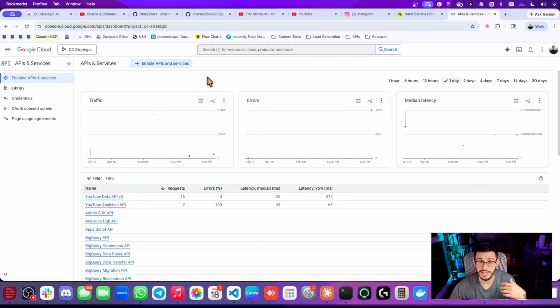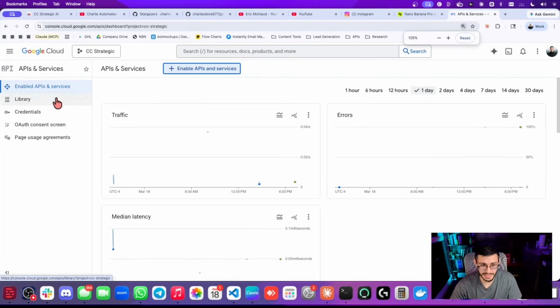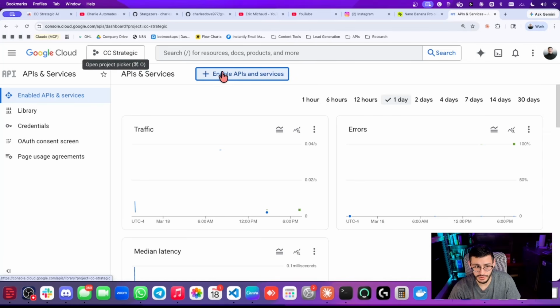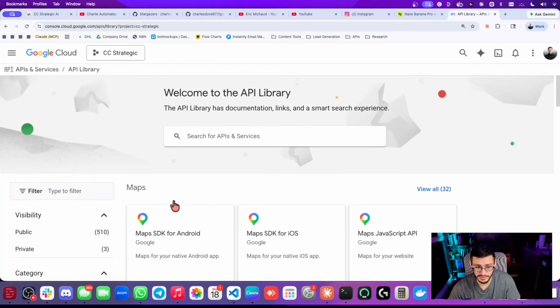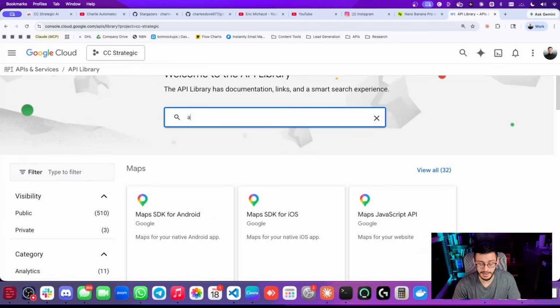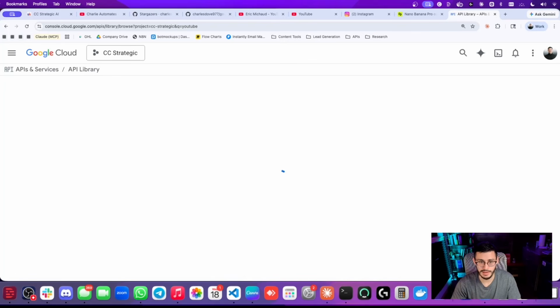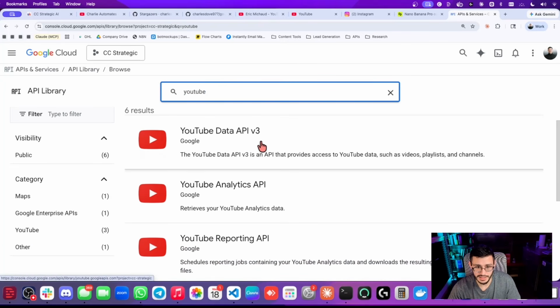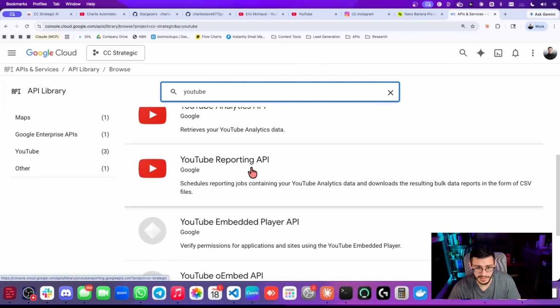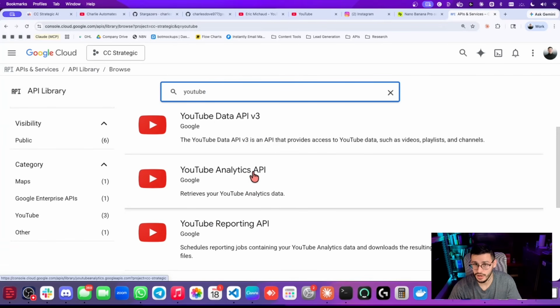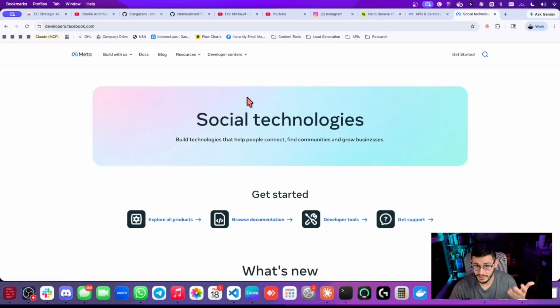You could use the Claude and Chrome extension to go through and set this up for you. And you can even ask it, well, how do I do this? Have this entire screen open, and don't be afraid. Trust me, it's not that difficult. But you would want to enable the services, enable APIs and services, search for the API keys that it's asking you. So you're just typing in YouTube, and you'll see the data API as well as the analytics somewhere here. Right here. But ask Claude how to set it up, and then to set up the Instagram graph,